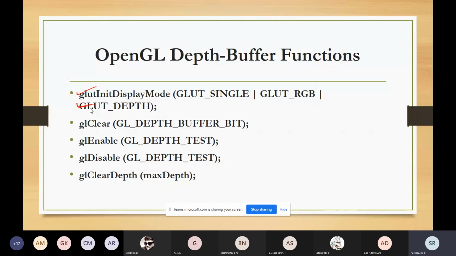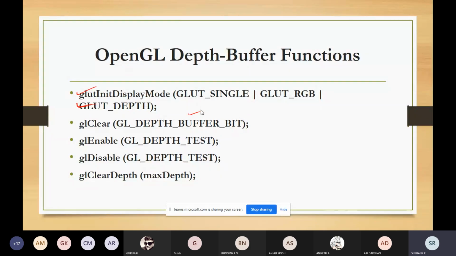This is done by using glutInitDisplayMode with GLUT_SINGLE, GLUT_RGB, and GLUT_DEPTH. Once the initial display mode has been set up, you can set the depth buffer values by using glClear with the parameter GL_DEPTH_BUFFER_BIT.